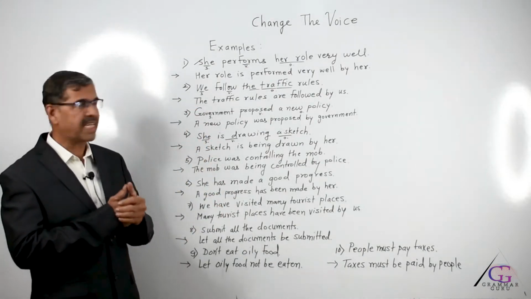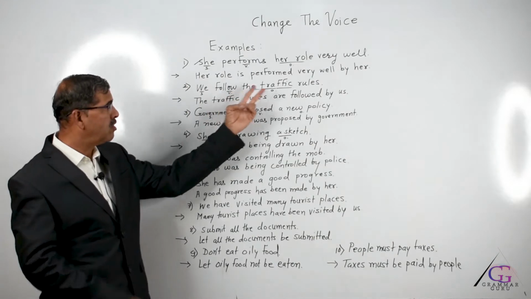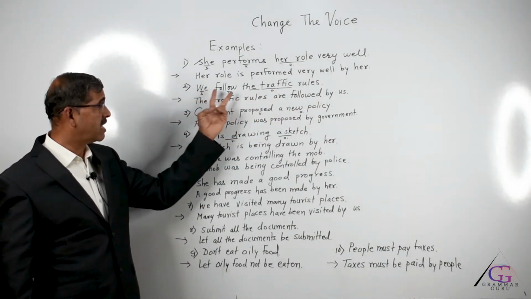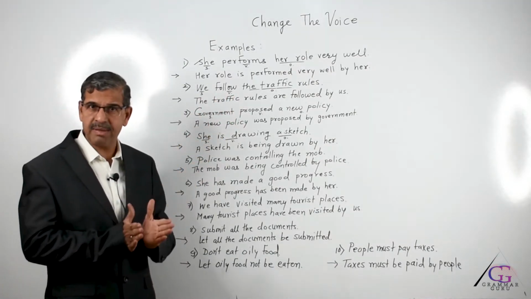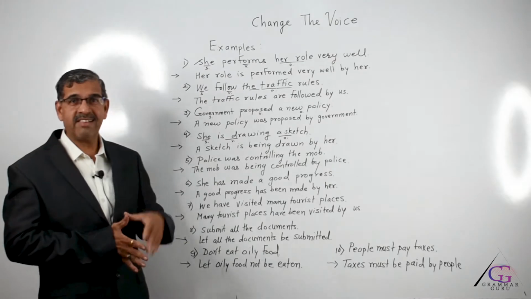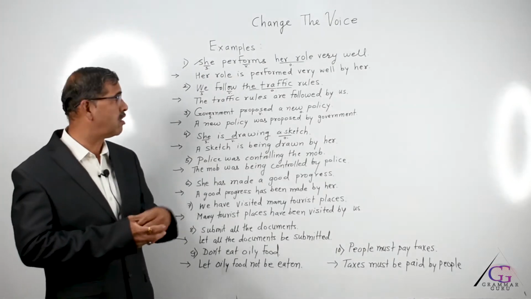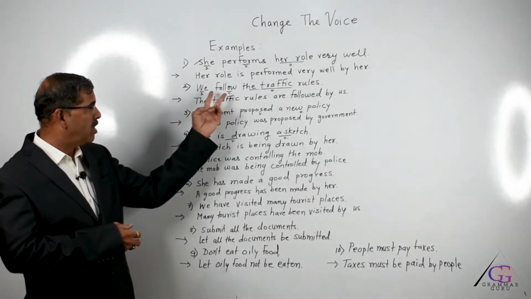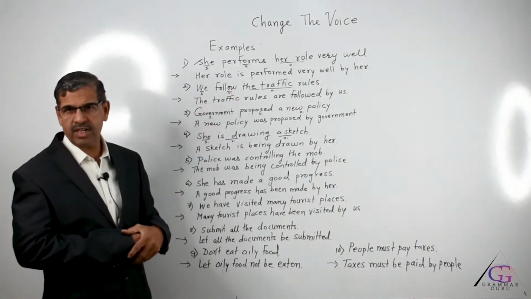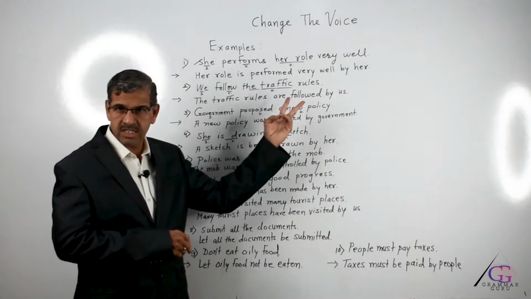So let's go to the second sentence. We follow the traffic rules. Now even in this sentence, we is the subject, follow is the verb, and it is in simple present tense. So how to find out an object? Yes, you have guessed it rightly. We have to ask a simple question, what or whom to the verb. So if we ask the question what we follow, the answer is traffic rules. The traffic rules is the object.